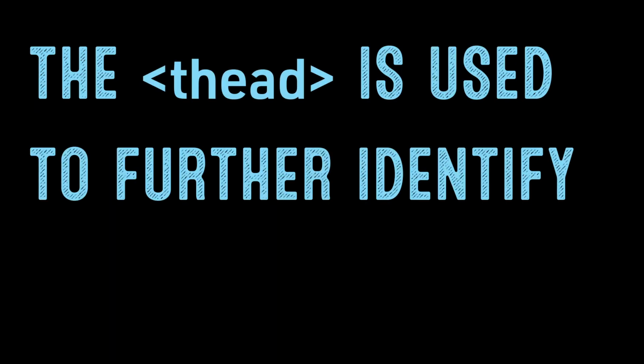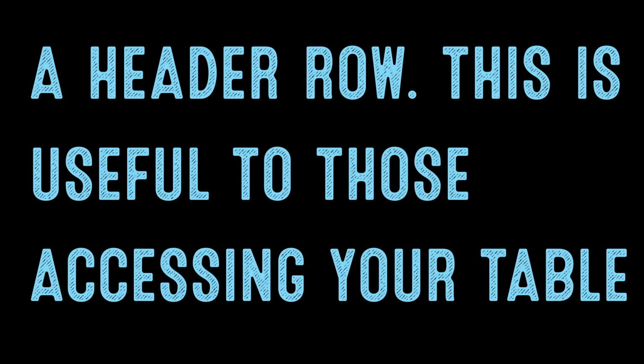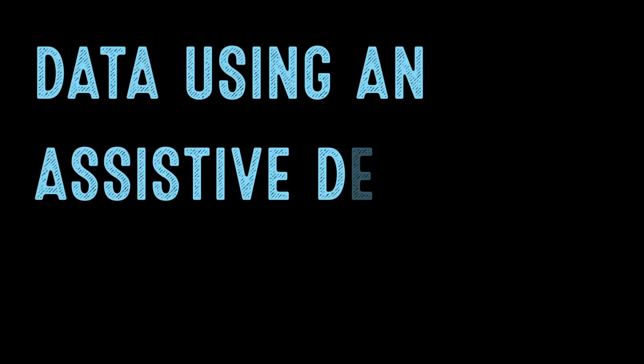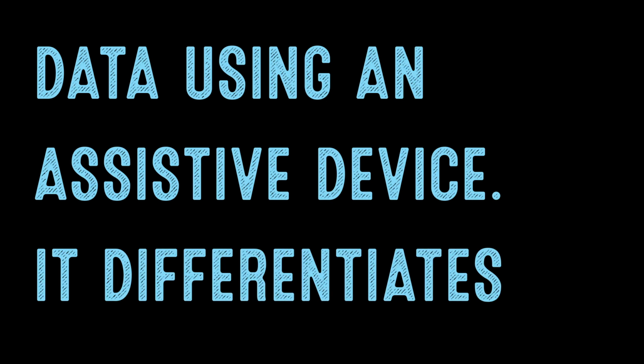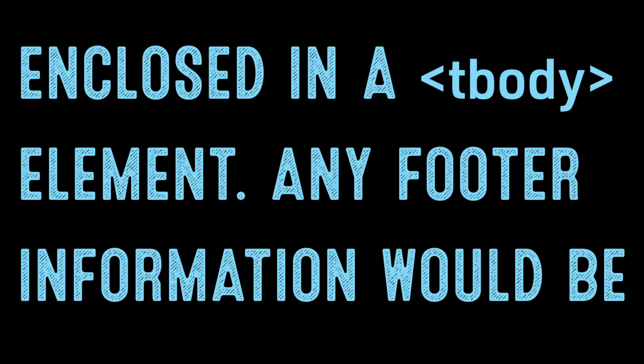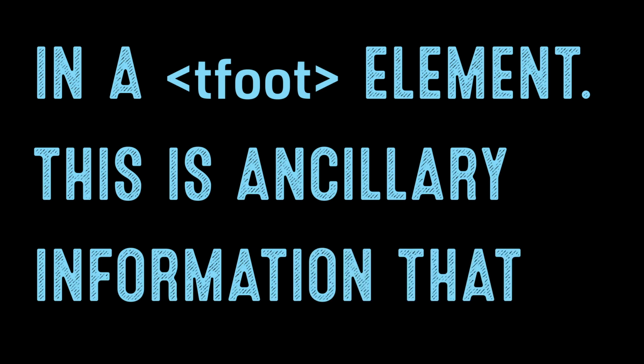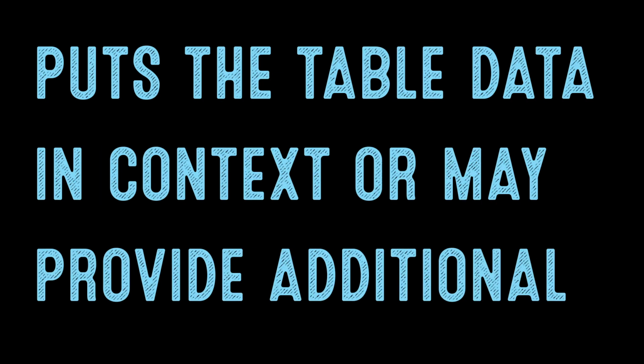The table head element is used to further identify that first row as a header row. This is useful to those accessing your table data using an assistive device. It differentiates the header section from the body or main content, enclosed in a table body element. Any footer information would be in the tfoot element. This is ancillary information that puts the table data in context or may provide additional information to clarify the data